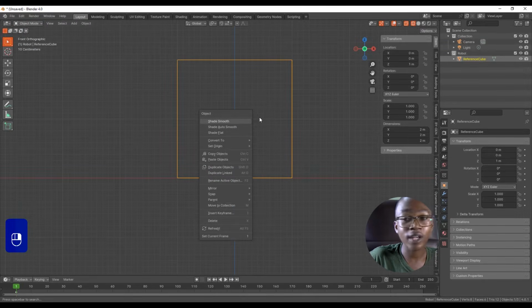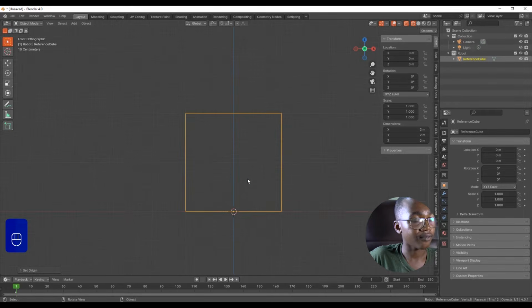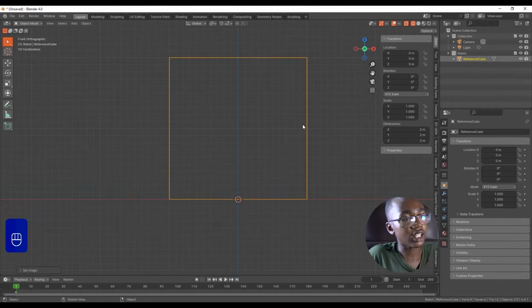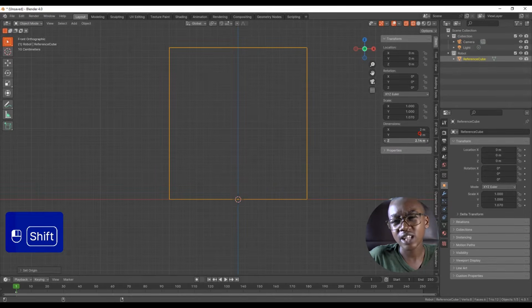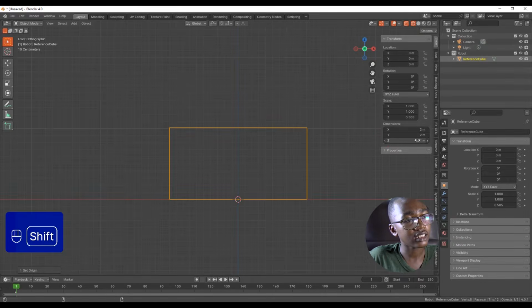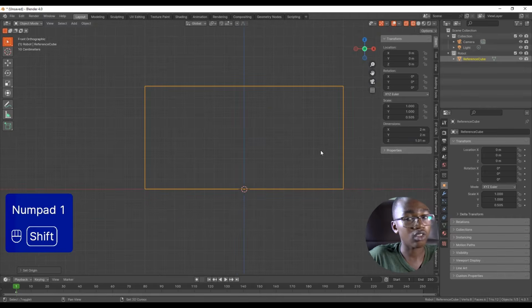So all we have to do is go to set origin to 3D cursor, and that's it. So then you can now modify it to the height we want. Because since we said we want it to be about 1 meter tall, you can make it like this. Yeah, that's about 1 meter tall, and wide